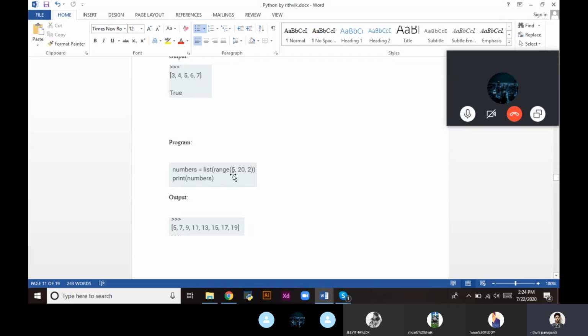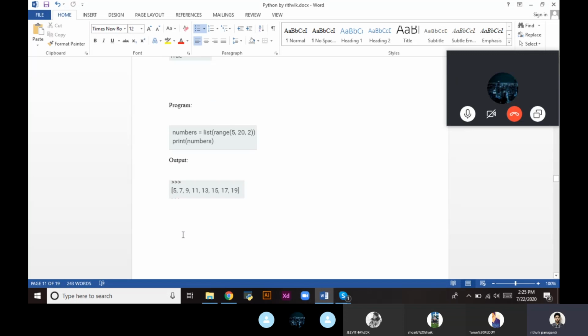Print numbers: starting from 5 ending at 20 minus 1, so 19, from 5 to 19, with each element having a difference of 2. So we can say 5, 7, 9, 11, and so on till 19. This is the use of the range with 3 parameters.